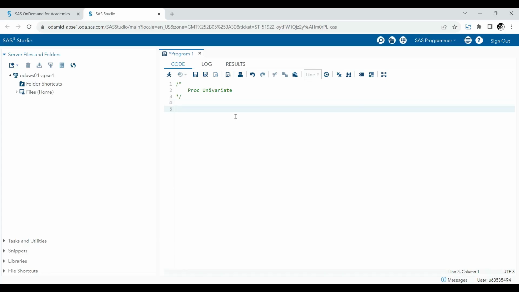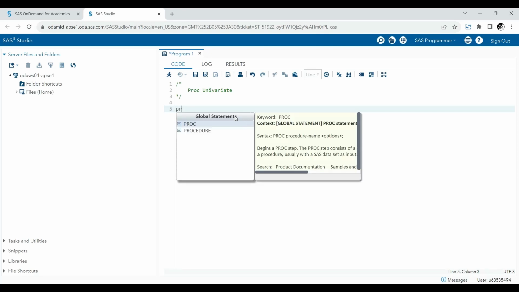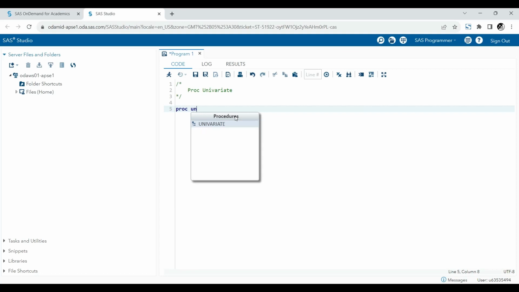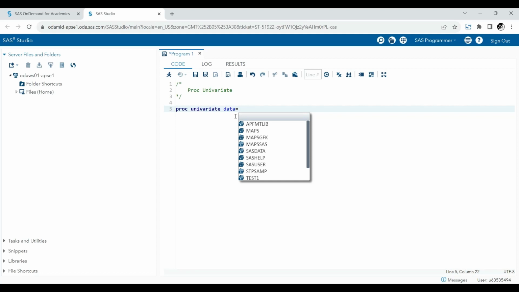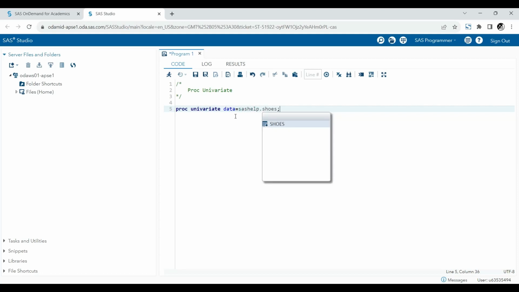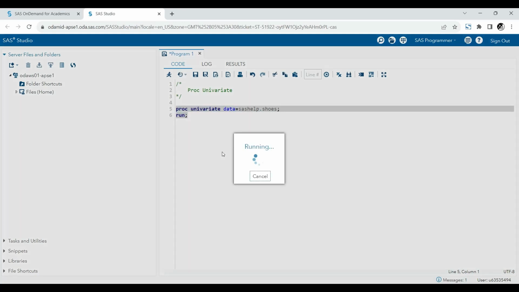So the general syntax of PROC UNIVARIATE is PROC UNIVARIATE followed by the dataset name. I'll use sashelp.shoes here. And in the end we need to use RUN. So if I directly run this procedure,